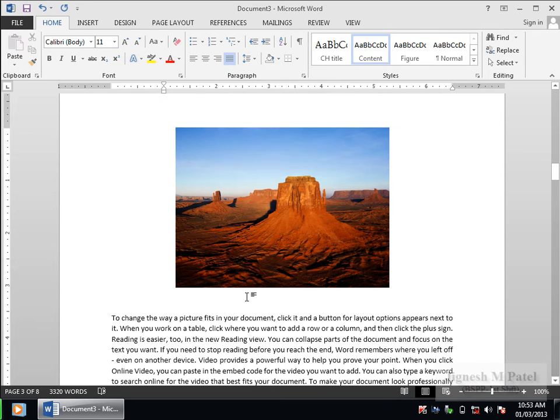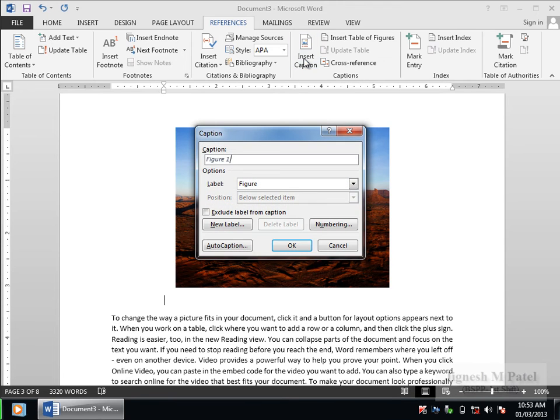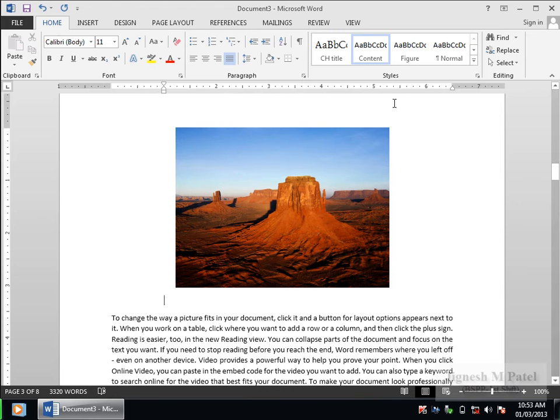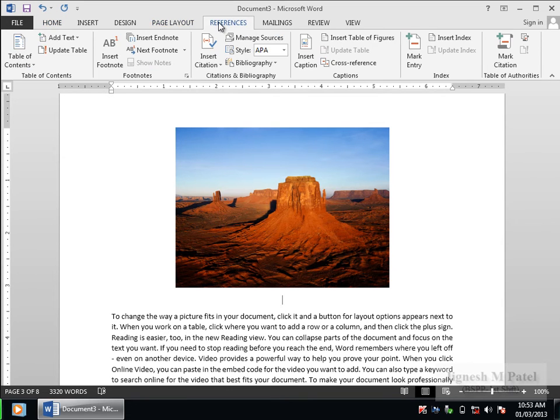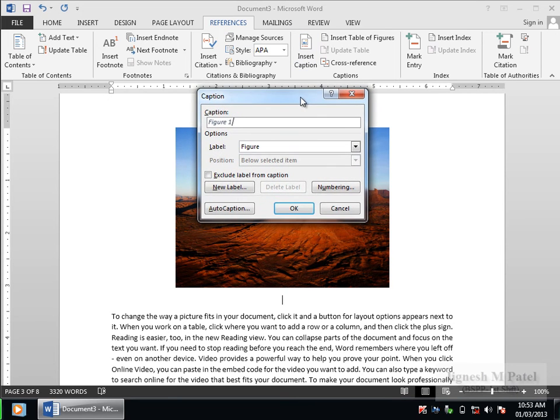Now to give a name to these figures or pictures, we have to go to the reference tab and use the captions options. Click insert captions. Now before inserting, make sure you are using the figure style. So click over here, so your cursor simply moves to the center position. Now go back to the reference again and go for insert captions. Now here in insert captions,